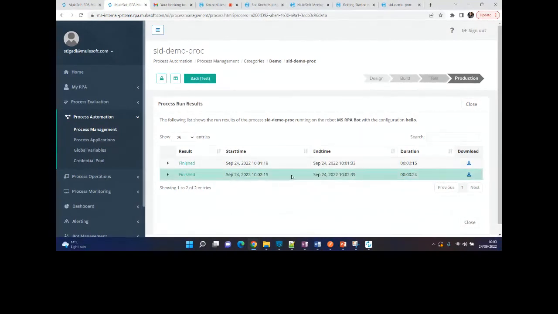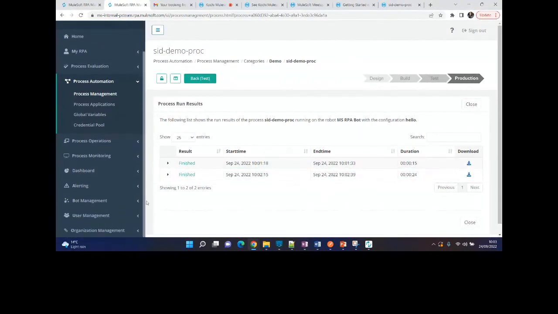At the same time, you can also publish that particular process as an asset to Exchange, and then consume that in your Mule application or API and invoke it. So end to end, this is the capability: your MuleSoft RPA process can be consumed as an API in the MuleSoft platform.